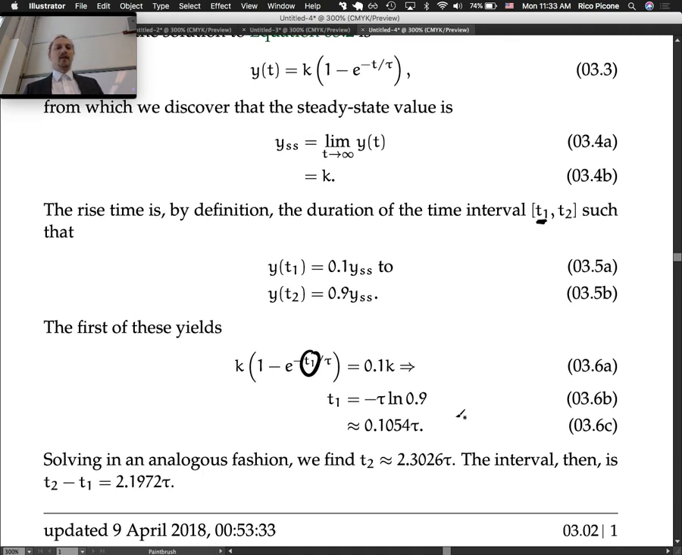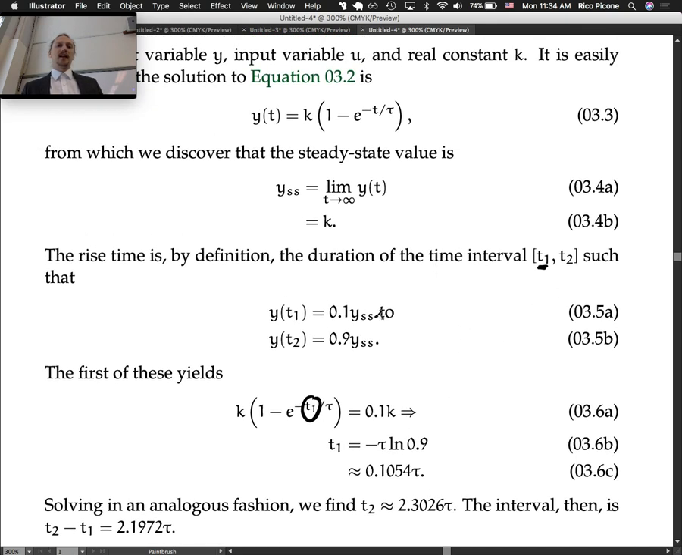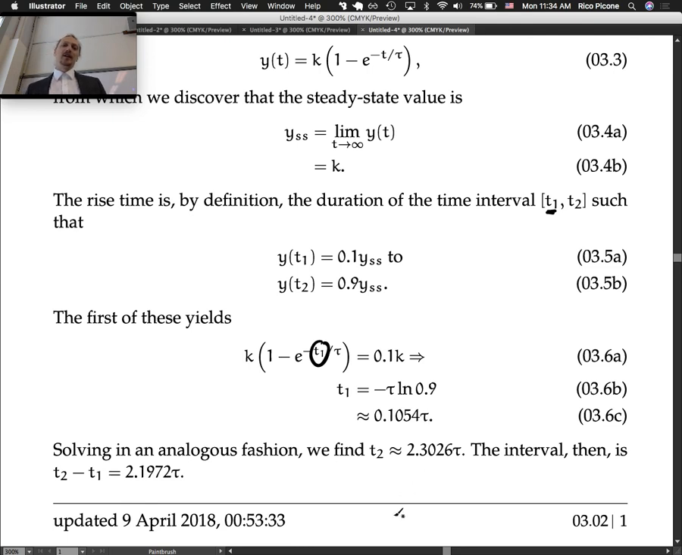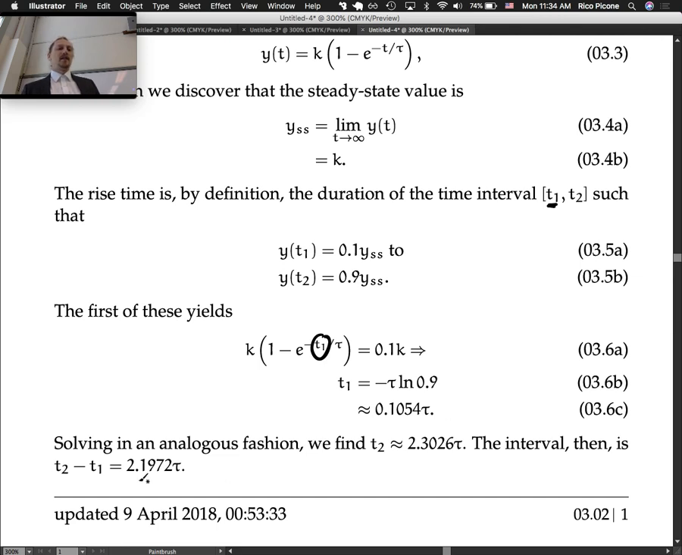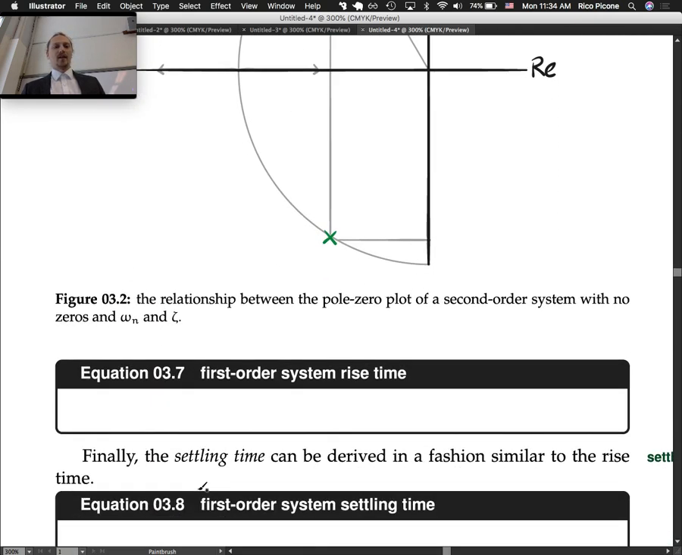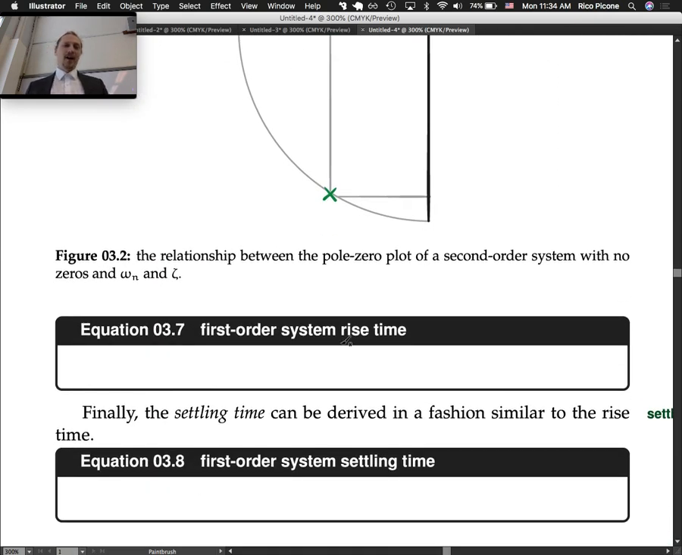Solving in an analogous fashion, we find t2. So you can do the same exact thing, except you set it equal to, instead of 0.1k, 0.9k, and solve again, and you get that t2 is about 2.3 tau. The interval then is the difference between those two, which is 2.1972 tau. So our rise time, I'll do it approximate. T rise is approximately equal, for a first order system,